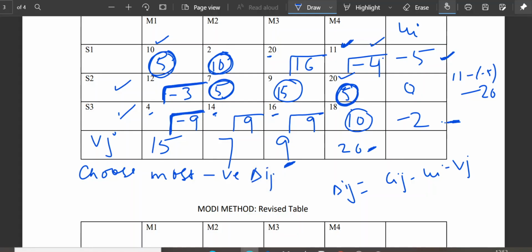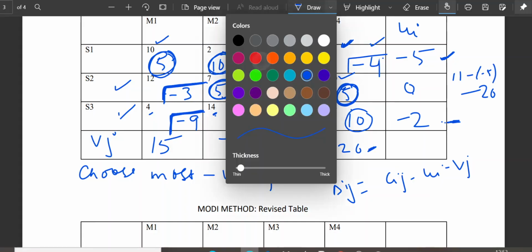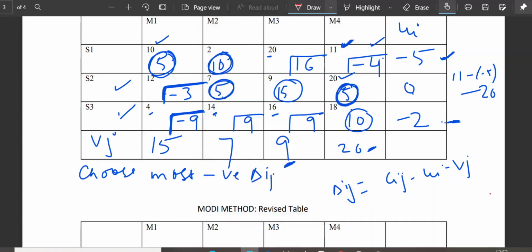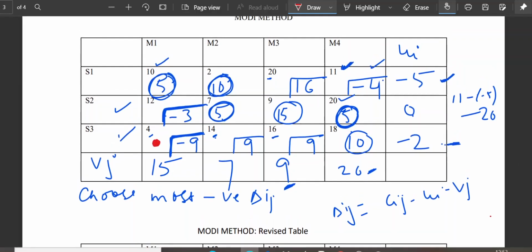Out of minus 3, minus 9 and minus 4, the most negative is this minus 9. Okay, so now I need to change the pen color. So for this minus 9, I have to do certain things. I do not get the optimal solution here because all delta ij are not greater than or equal to 0.